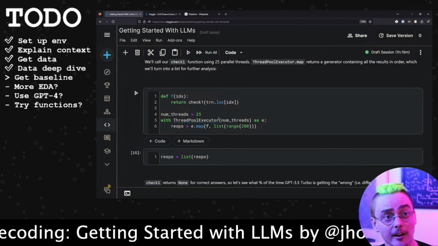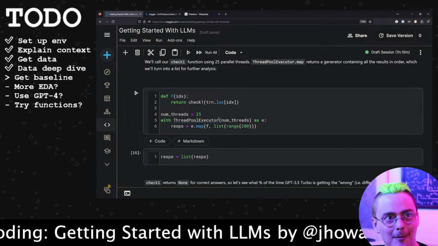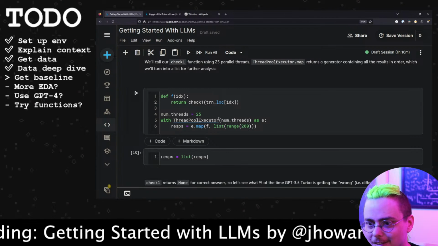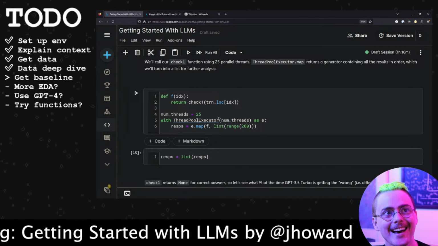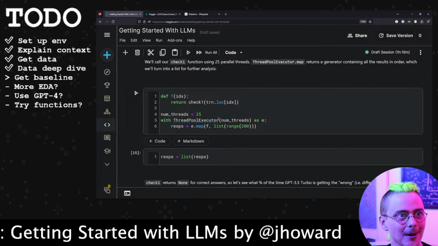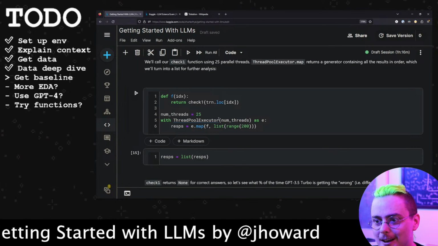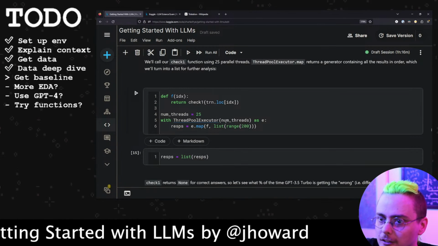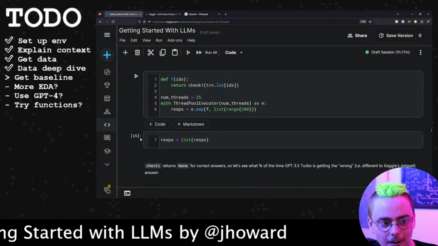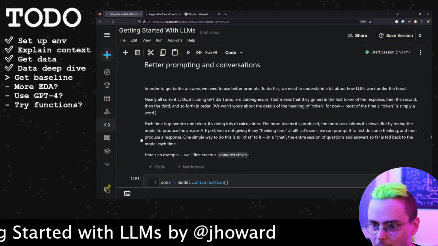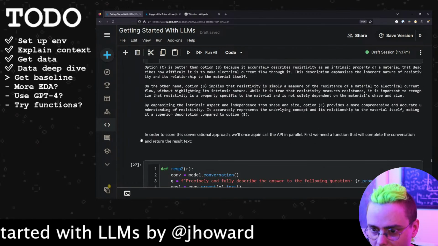One thing you want to watch out for when you're querying external services and using concurrency is, wait a second, how much is this going to cost me? I once ran a really, really big concurrent job on GPT-4 and blew through $100 of OpenAI credits. And then I learned to be a little bit more cautious. So I'm going to be more cautious here and grab something from later in the notebook from Jeremy, which was just this little snippet for getting the actual costs.